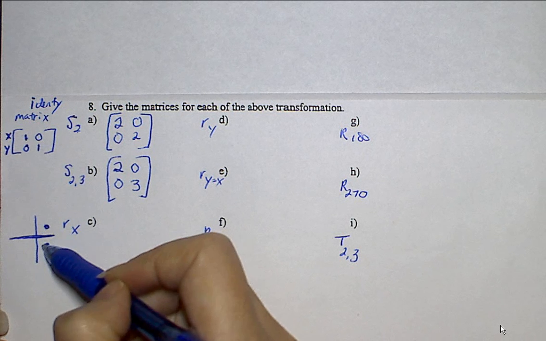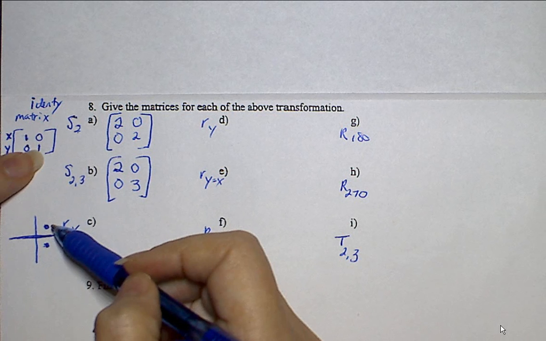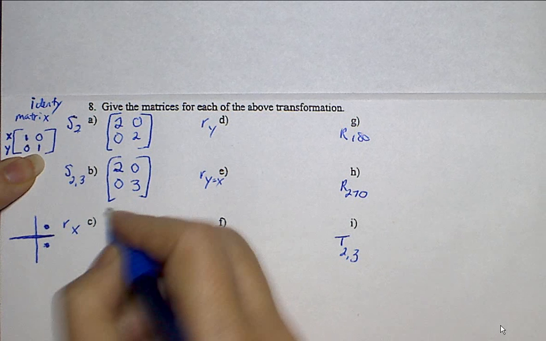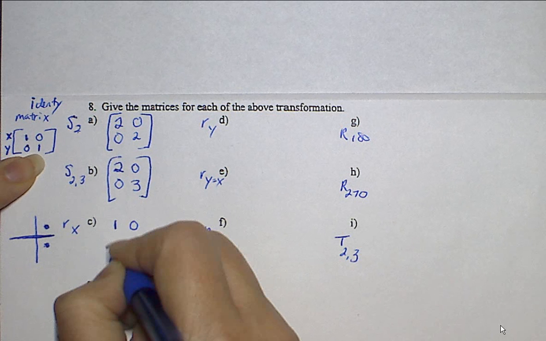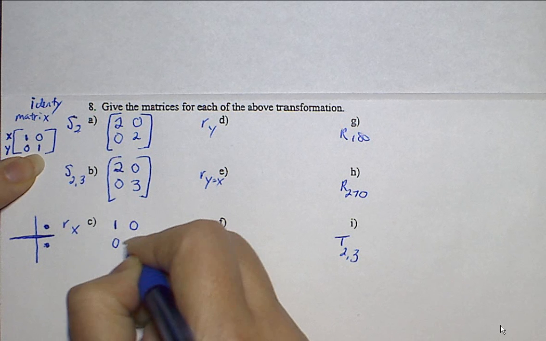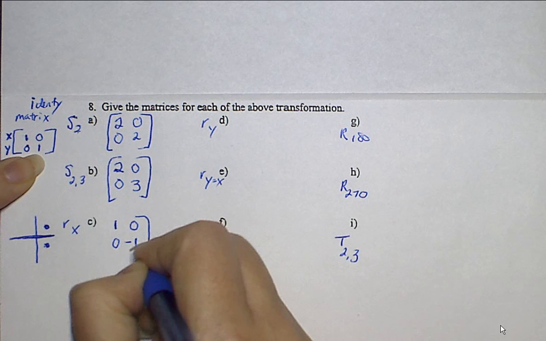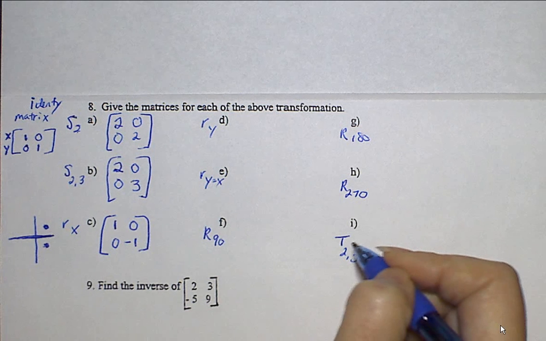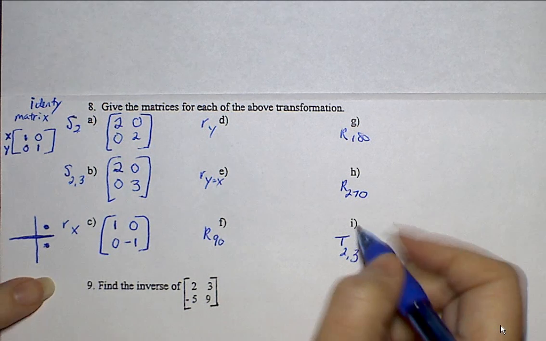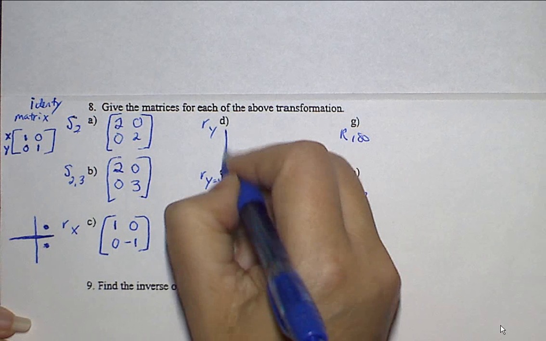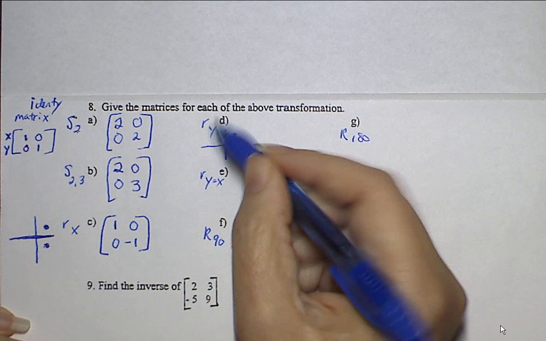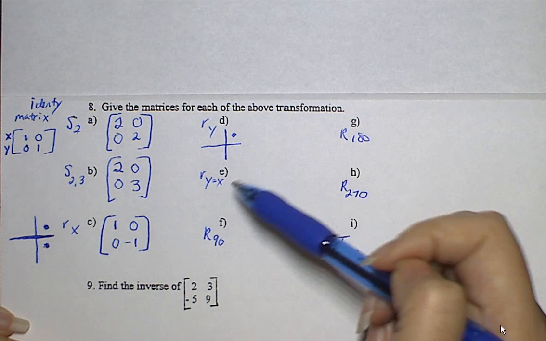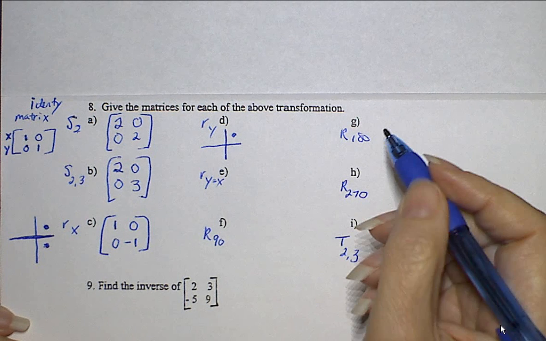So remember that this is my y value, so that means my x's stay the same and my y's go negative. Alright, so looking at this one, we have here, I can draw that, and again,